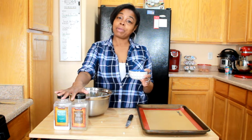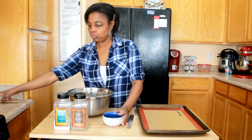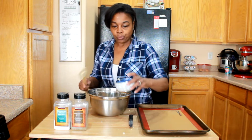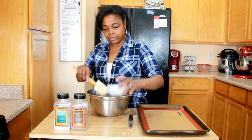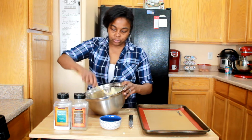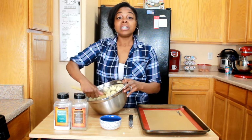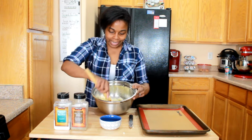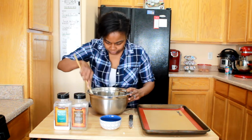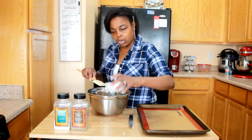And I'm going to put some salt and pepper on them, and I'm going to toss them with some of the oil, and you may not have to use all of it, but this is just going to cause it, once I put it in the oven, to get nice and cooked through and give it good flavor. So kind of eyeball it. I think I put about 1/4, could be less. All depends on